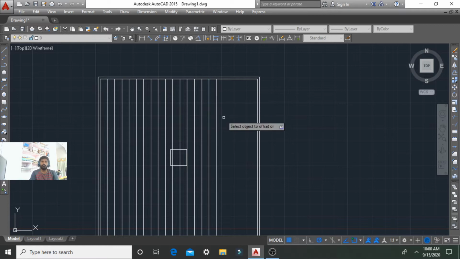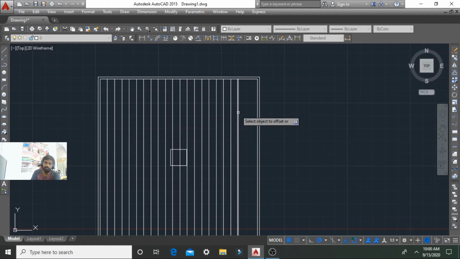You can calculate the number of bars by using length divided by spacing, and by using the array command you can also mention the reinforcement here.